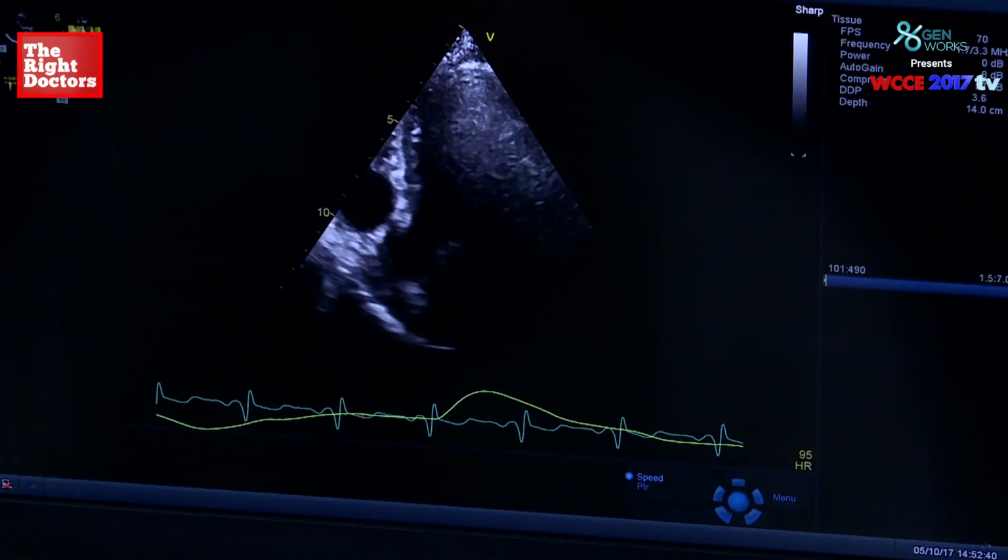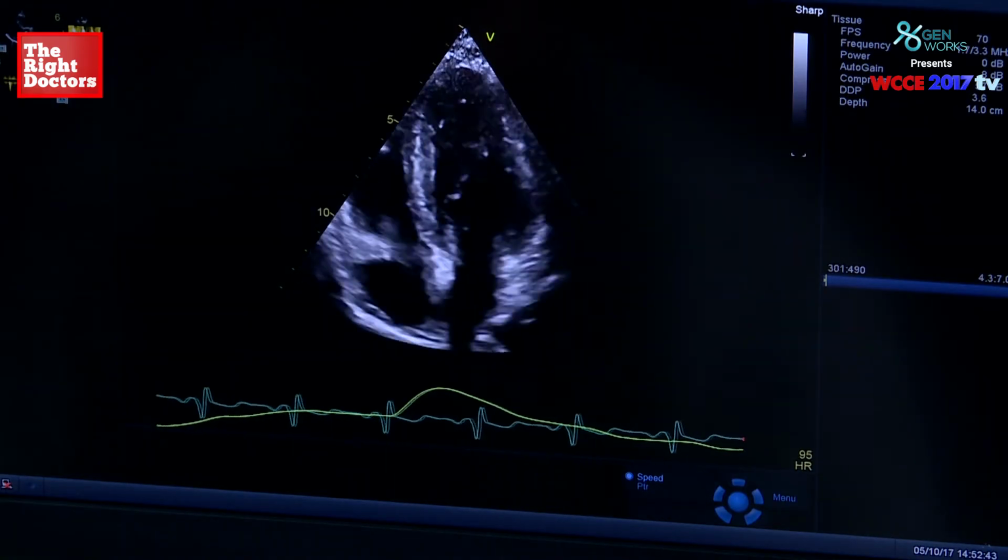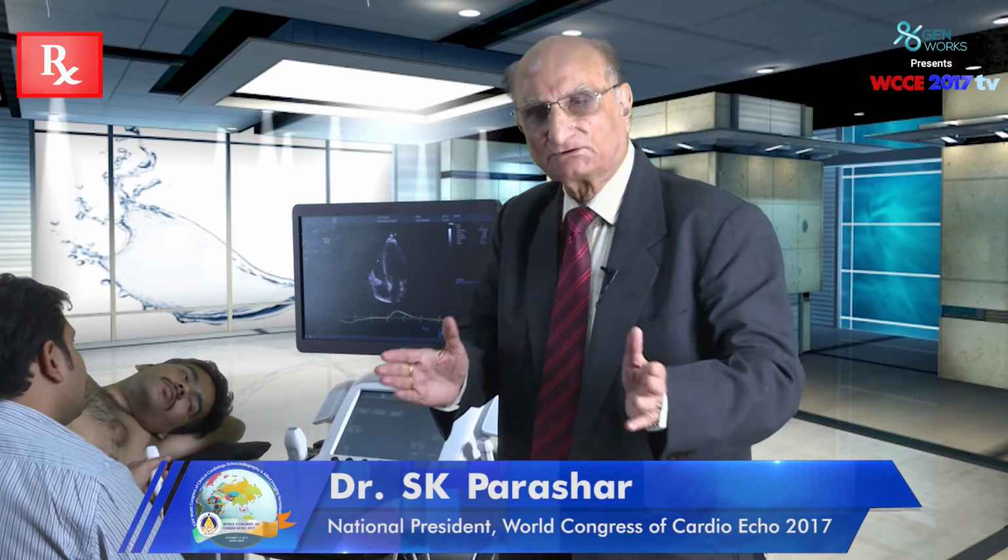The third thing is basically color flow mapping. As you know, our basic aim is to always be as parallel to the flow as possible. Now sometimes the jets can be very eccentric. If the jets are very eccentric, you don't know where you are placing your Doppler, CW Doppler or pulse Doppler, and you may struggle and never see where you are putting your Doppler to get the maximum velocity. So color flow mapping is a new technology based on the principle of a pulse Doppler, where you can actually see the blood flow. When you can see the blood flow, you can automatically put your Doppler parallel to the flow.